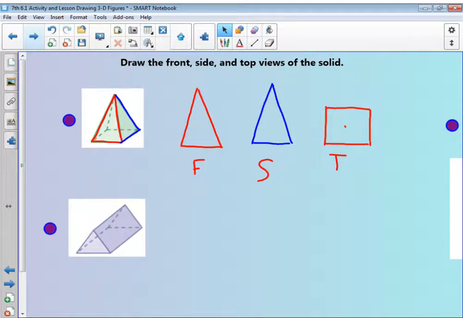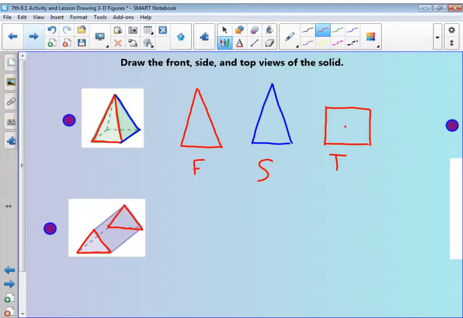Okay, so let's try another one. How about a triangular prism? So this is a prism. How do I know it's a prism? Because it's got two triangle bases. Okay, a pyramid only has one base that goes to a point, and a prism has two bases that are the